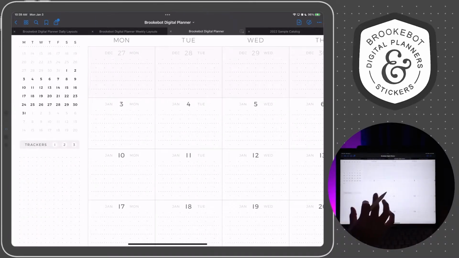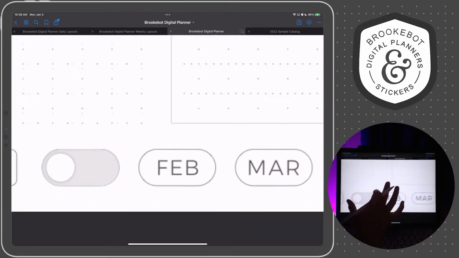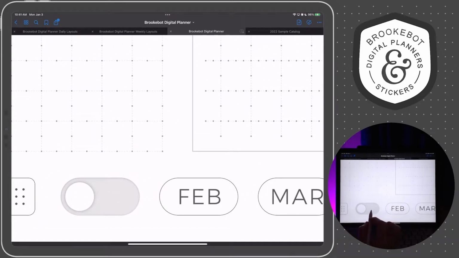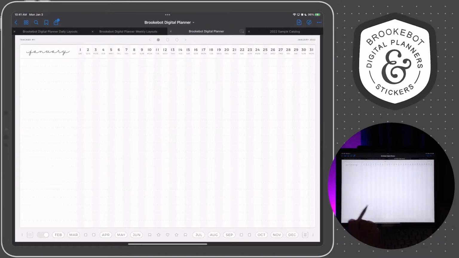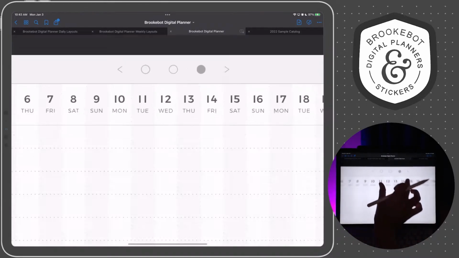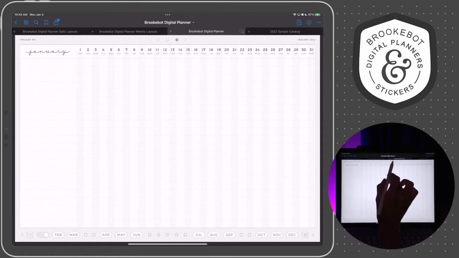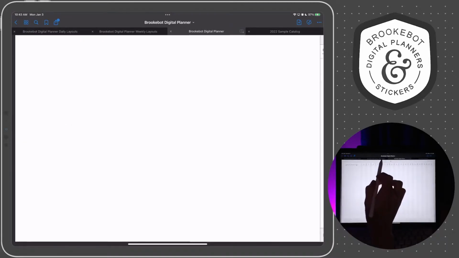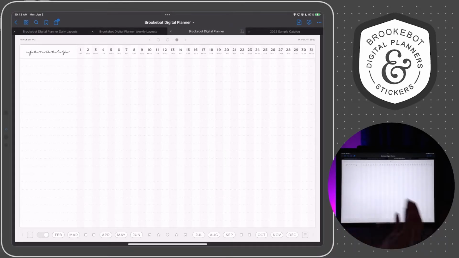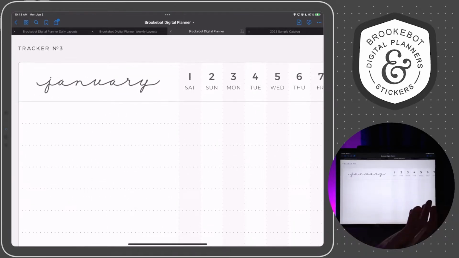I really am excited about using trackers this year. If you'll notice too, in the bottom navigation bar, whenever you're on the current month, it turns into a little button slider. If you just tap on it, it takes you to the first tracker relevant to that month. We have the same type of deal up here at the top. You have the navigation bar that will lead you to all 3 of the trackers, they're all identical. It's just 3 different pages in which you can track your habits, your bills, your different projects that you have, and they're very versatile. You can use them for anything that you want.